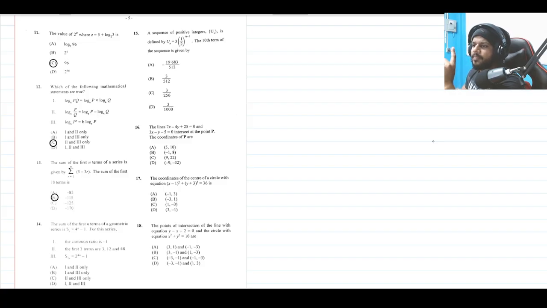The sum of the first n terms of a series is this, right? This will give me the summation. I could figure out what the first term is. When r is equal to 1, I get my first term. So I'll have 5 minus 3 into 1, which is 2. That's my first term. My 10th term will be 5 minus 3 into 10, which is minus 25, minus 2,